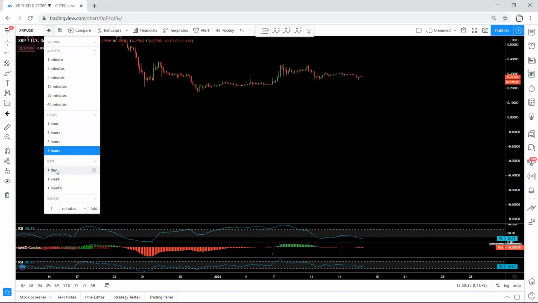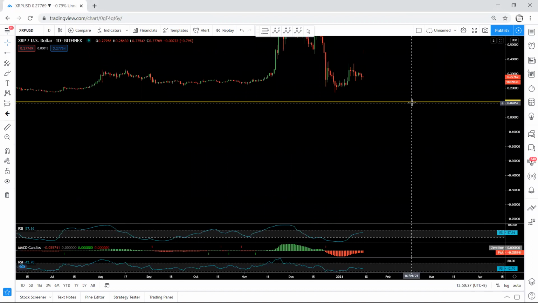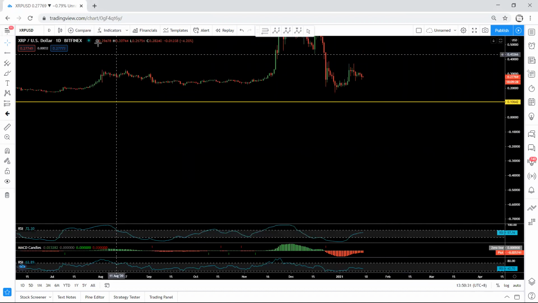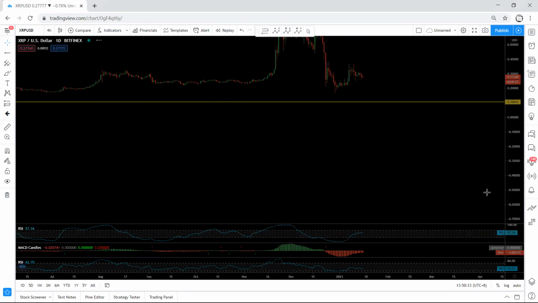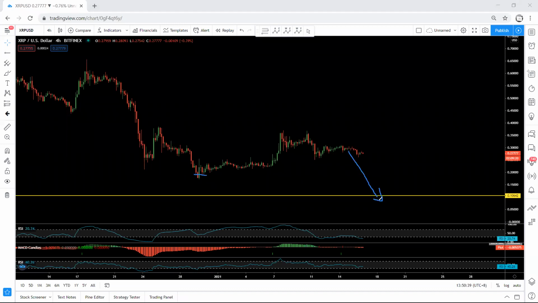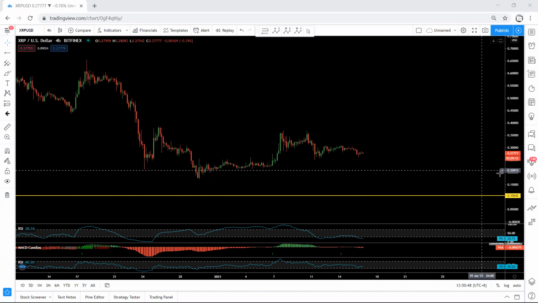If I move to the daily chart, the thing is we are not sure whether the price can come and break this low. That means the price can come to this 10 cent before we get the up move, or we will get it from here. We are not sure. But we are looking for the buy. In this case, how can we trade?